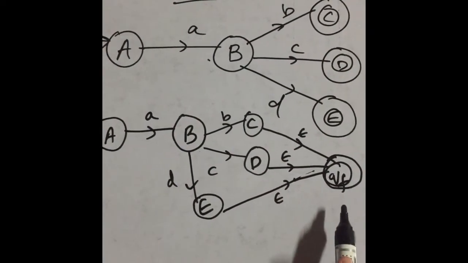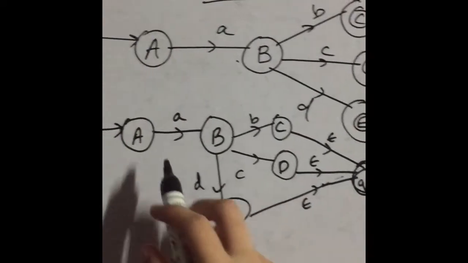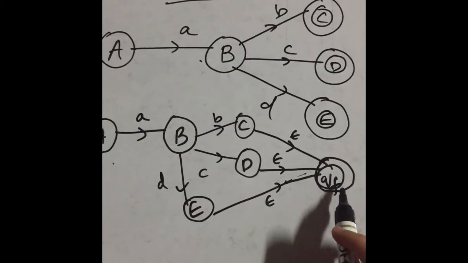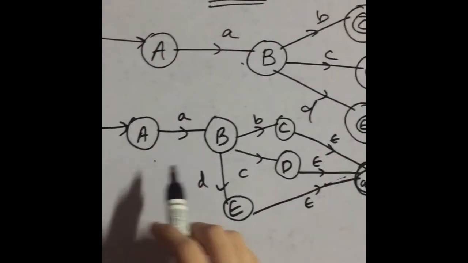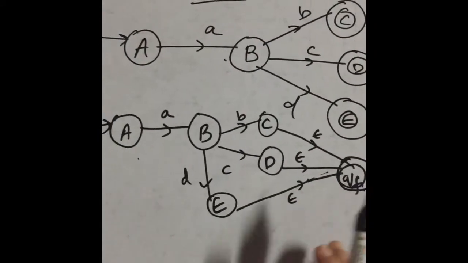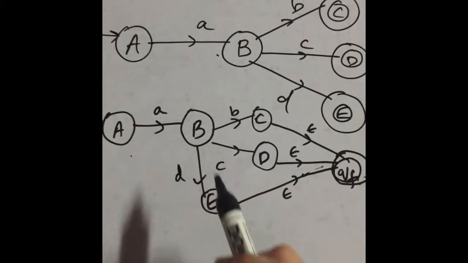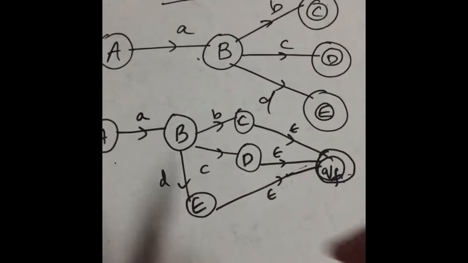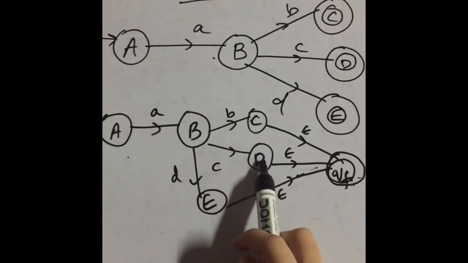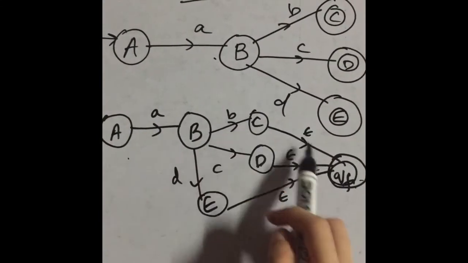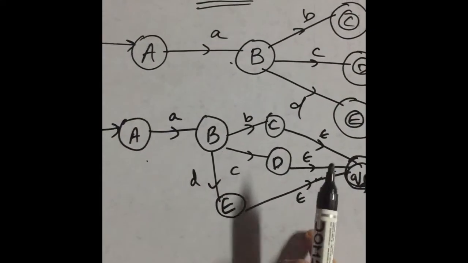Okay, now all the three steps are done. Now we want only initial and final state in my automata. If I want only initial and final state in my automata, then how to do it? We remove all of C, D, E and B. First we remove C, D and E. How to remove C, D, E? We easily remove C, D, E by B dot null, C dot null and D dot null. Right? So let's try this.